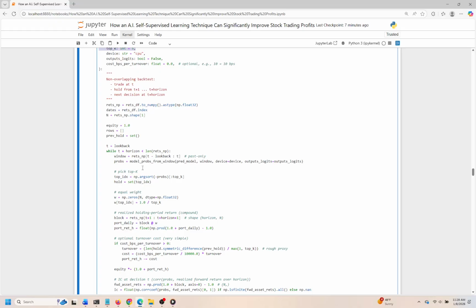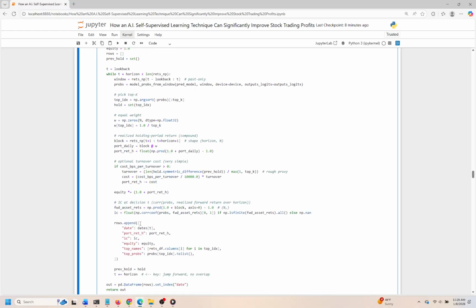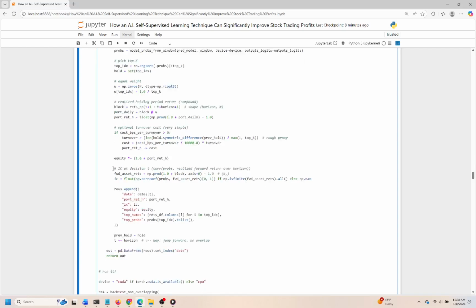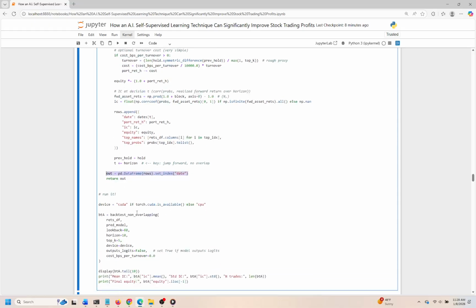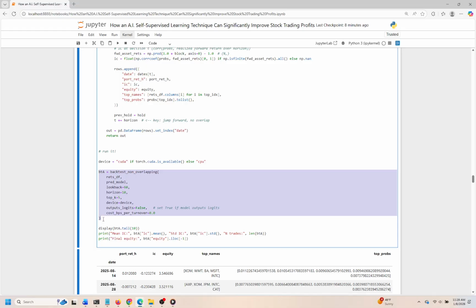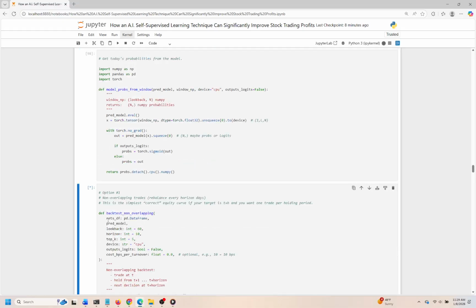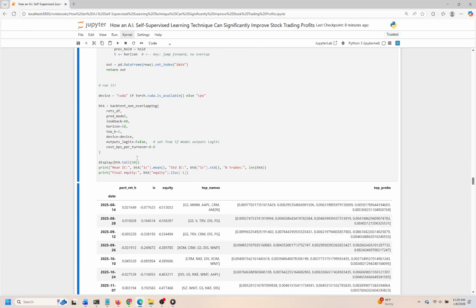Each iteration appends critical metrics such as the date, portfolio return, information coefficient, often indicative of model performance, and the evolving equity value into a results list. Importantly, the code operates with the assumption that trading occurs every specified horizon, ensuring zero overlap in holdings. As it reaches the end of the data, the results are compiled into a data frame that allows for easy analysis and visualization. Finally, this cell concludes by executing the backtest with given parameters and displays the last 10 entries of results, along with mean values and final equity. This effectively sets the stage for future cells that might explore performance visualization or deeper statistical analysis of these trading